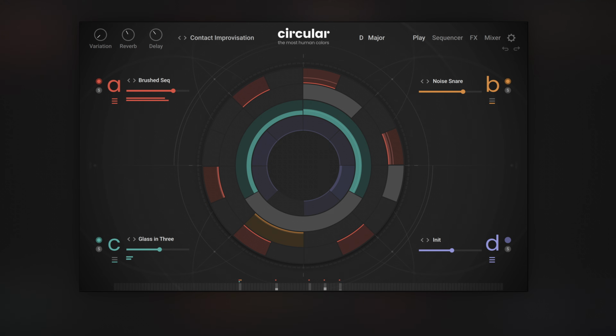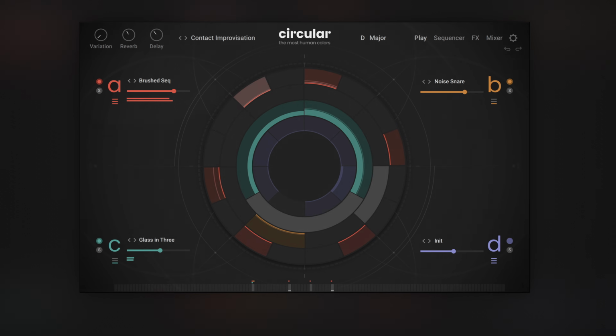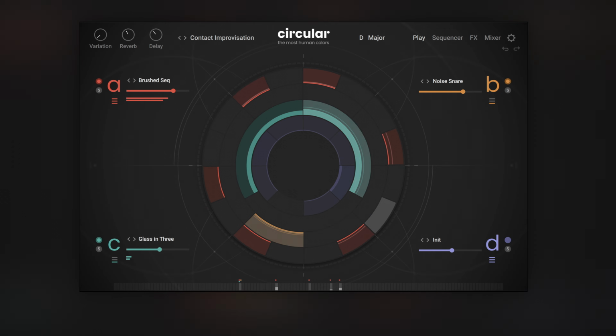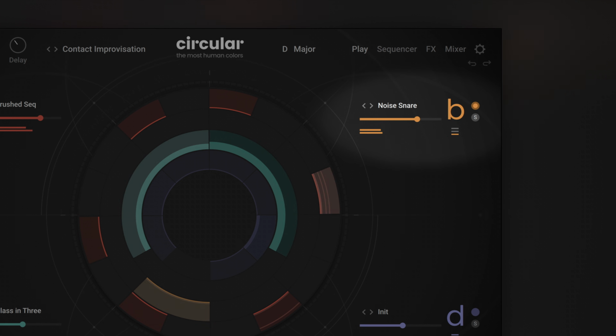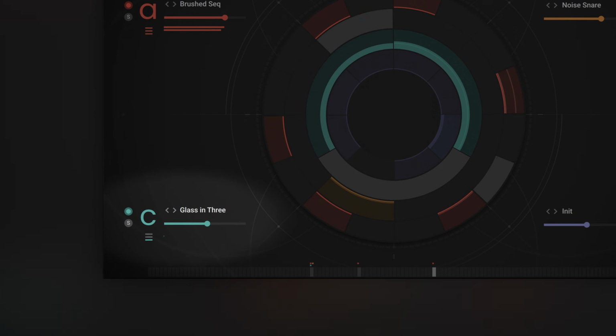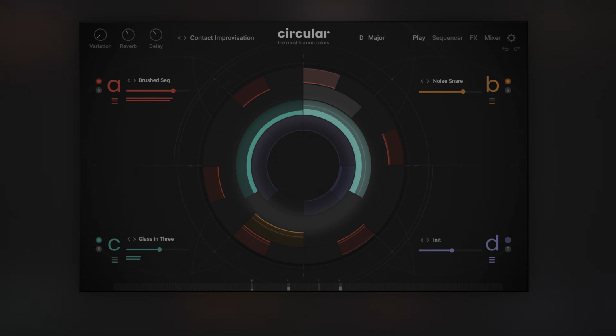You're already hearing one of the new sounds in the background, so let's take a closer look. This snapshot is built from 3 layers. Layer A in red provides the main guitar harmonic sound. Layer B in yellow adds a simple noise snare. And layer C in green brings in a glassy percussive sound in a 3-step loop, which creates that nice polyrhythmic